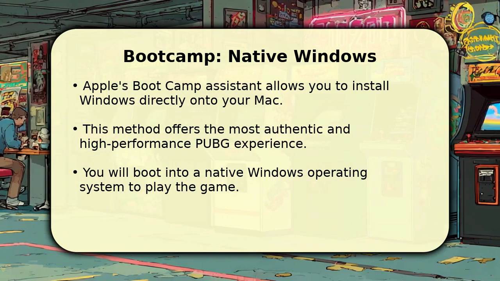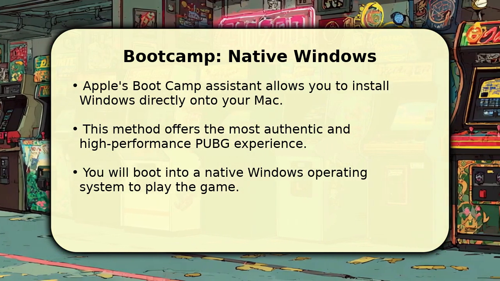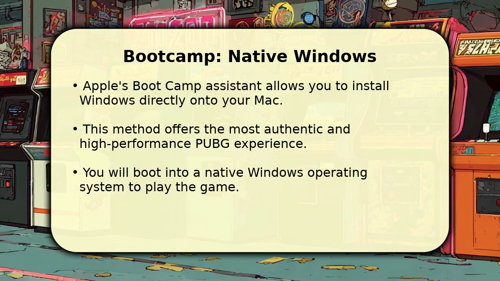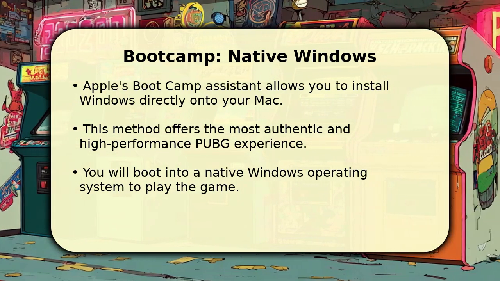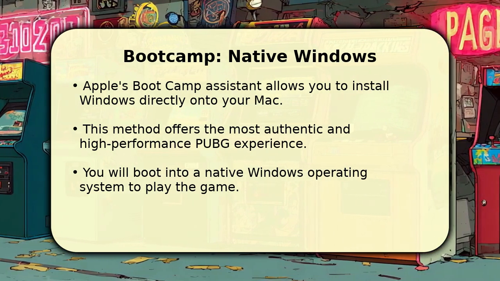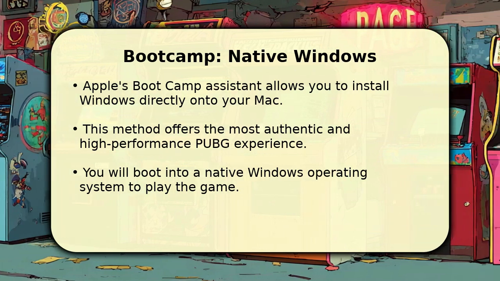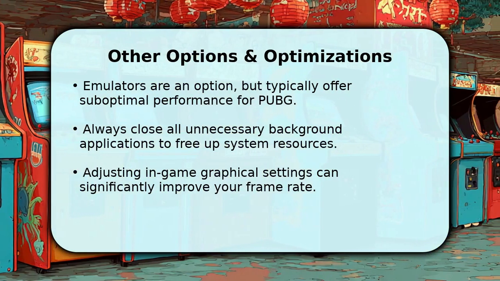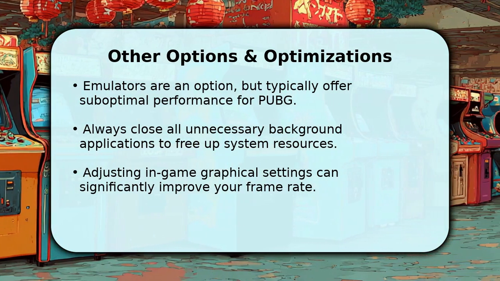For the most authentic and high-performance PUBG experience on your Mac, using Apple's Boot Camp Assistant is often the best choice. This method allows you to install a full version of Windows directly onto a separate partition of your Mac's hard drive. Booting into Windows gives you native access to the game, just like a dedicated PC. You will need at least 50 gigabytes of free storage and a valid Windows operating system license to set this up effectively. While less recommended for optimal performance, some players explore emulators, though these generally do not offer the best